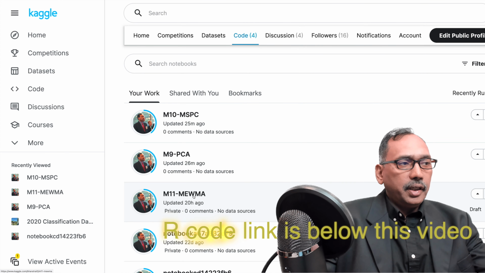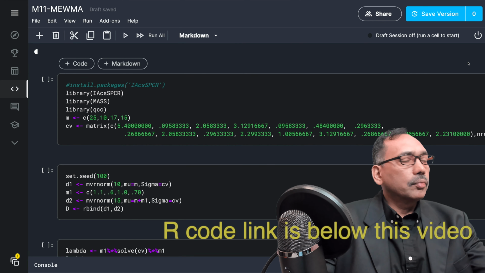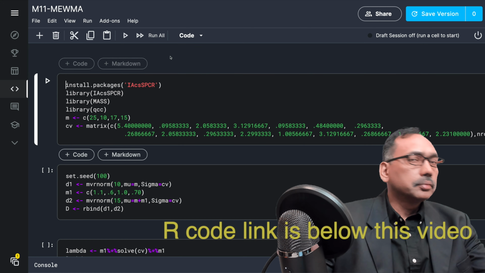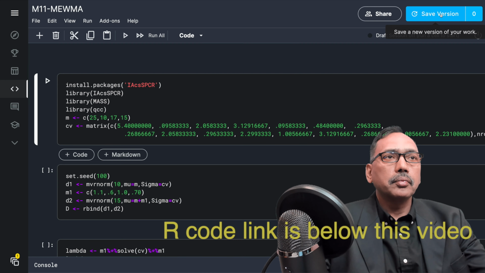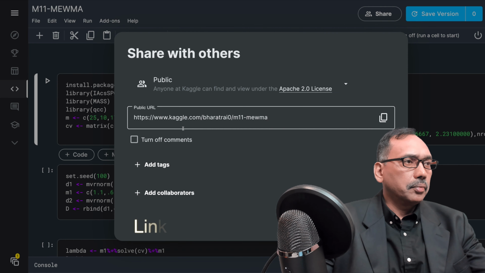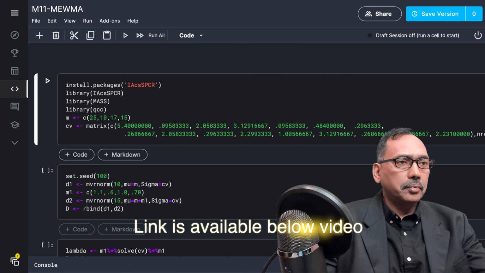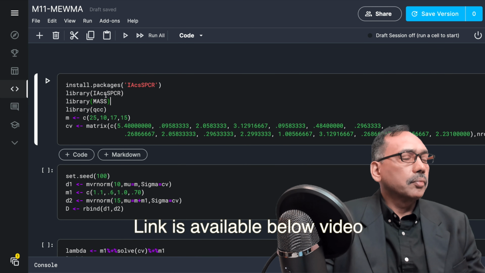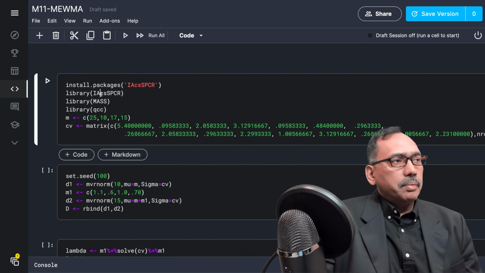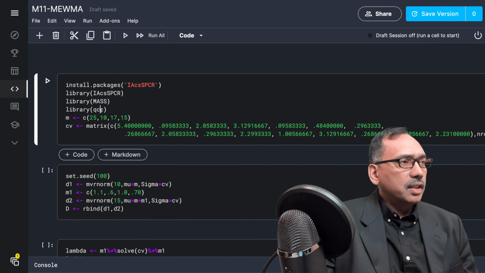So this is going to be M11. We'll continue to use the library that I used earlier, the quality control charts library.